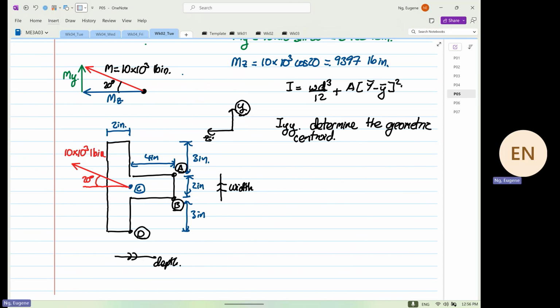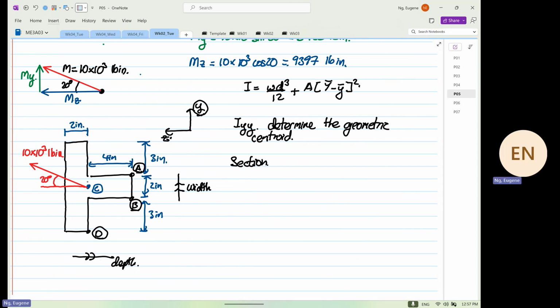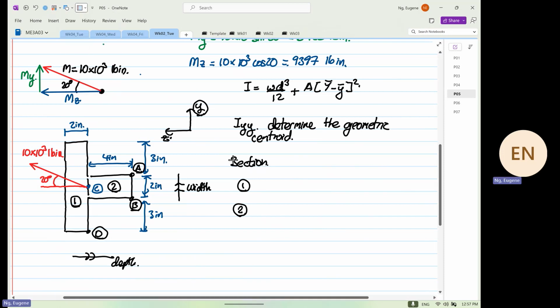And I have devised a way that is pretty foolproof. Okay, so I'll show you the technique that I use. It's up to you. Okay, so we have the section. We divide this into section 1, and this will be our section 2. And then the next thing we do,